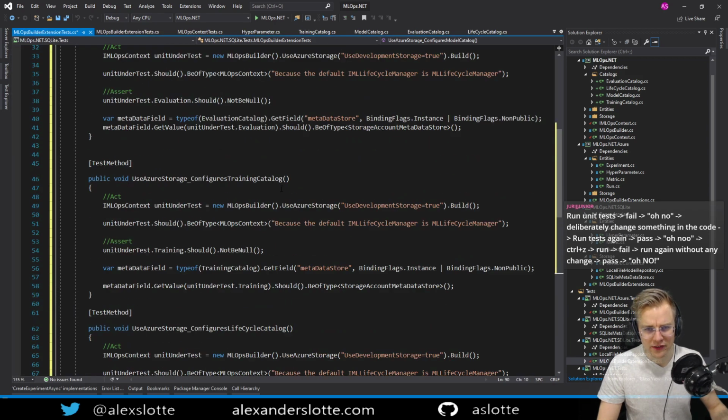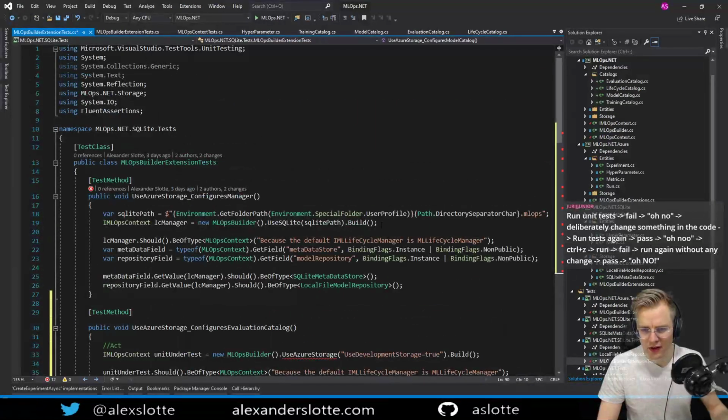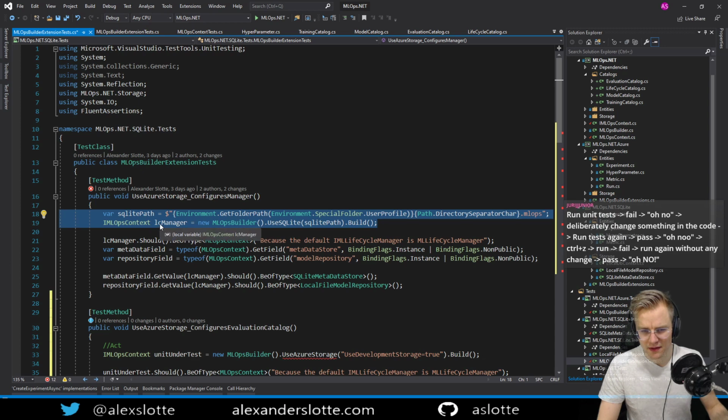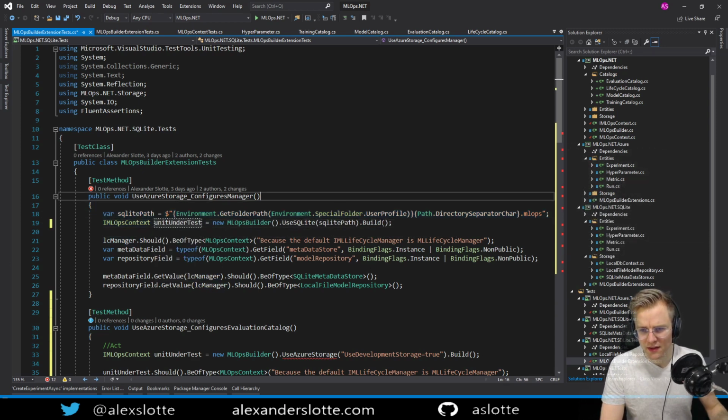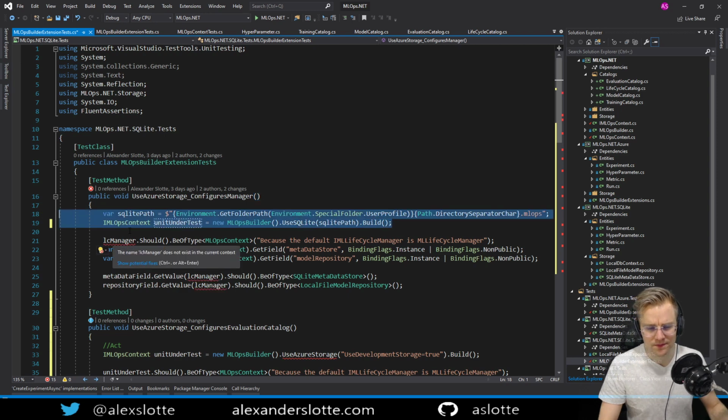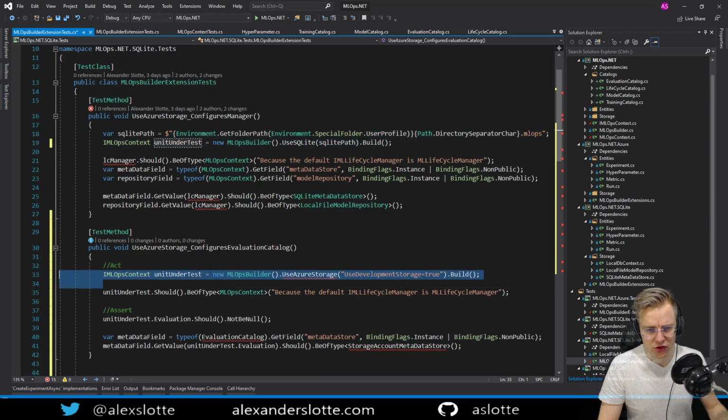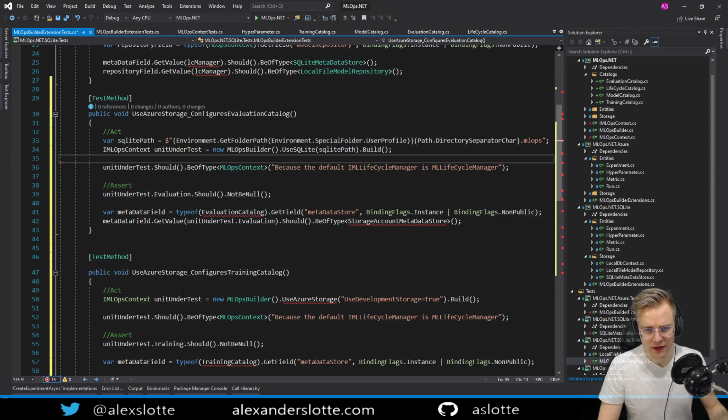Alright, so I think the only difference here is that we have a special catalog here for SQLite path here. And okay, and that should be unit under test. Otherwise it's very similar. So we'll just copy this one in each test and it should be fine.